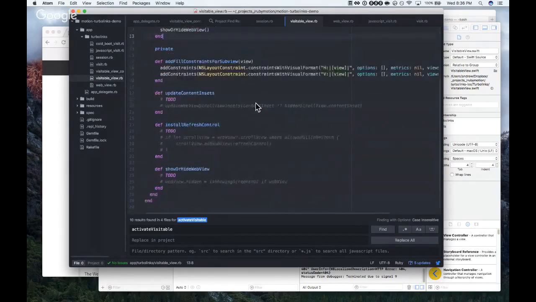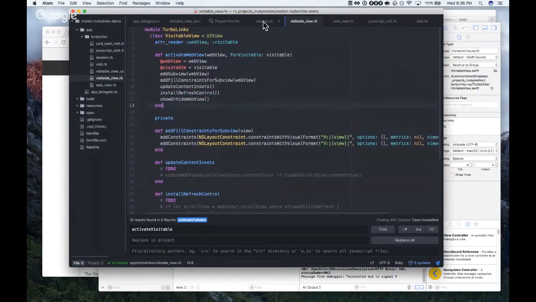Okay, so that activates our web view, but I guess here we're adding the web view as a subview. So I think that's the main thing that we needed here.